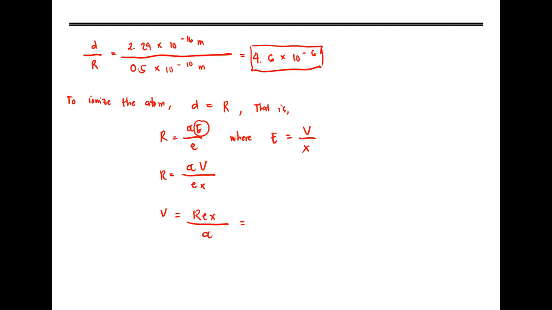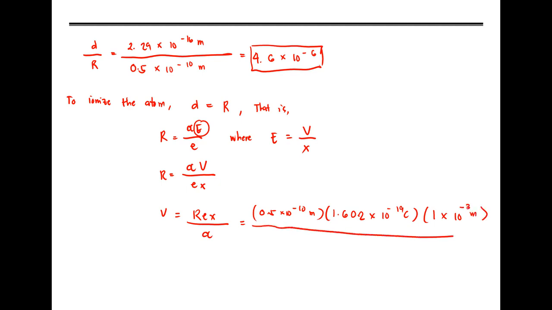Now your R is equal to 0.5 times 10 to the minus 10 meter multiplied by the electron charge, which is the proton charge rather, 1.602 times 10 to the minus 19 coulomb, multiplied by X, which is 1 times 10 to the negative 3 meter, divided by alpha, which is equal to